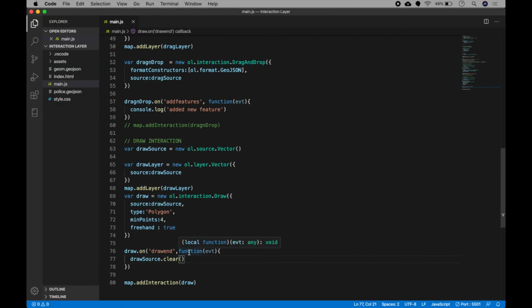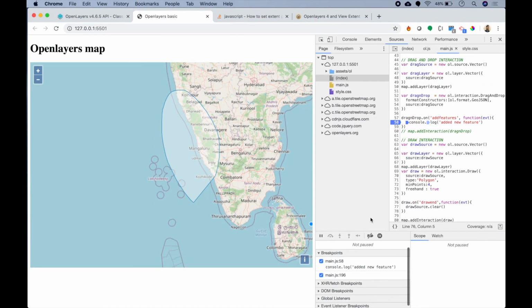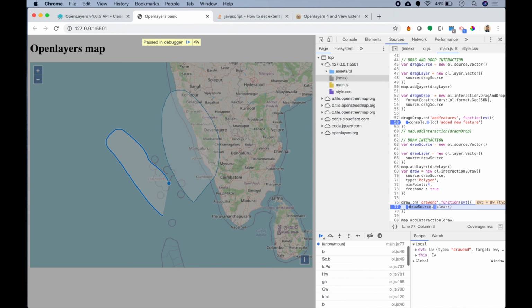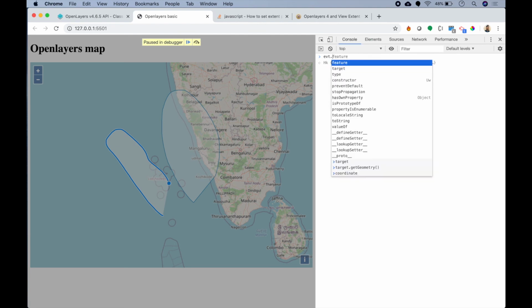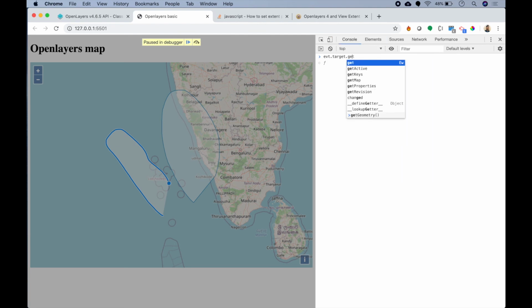So this is also very important when you want to get the geometry of the event. So we'll try to do that here. If I just put the debugger here, and look into event dot get, I mean target, and dot geometry, or maybe coordinates, I'm not sure.